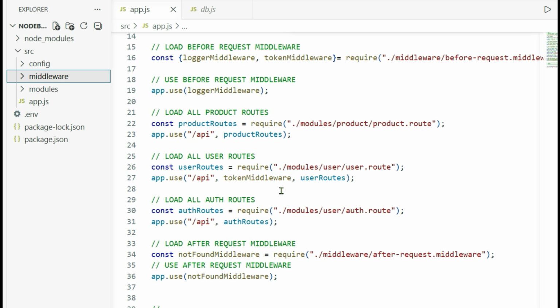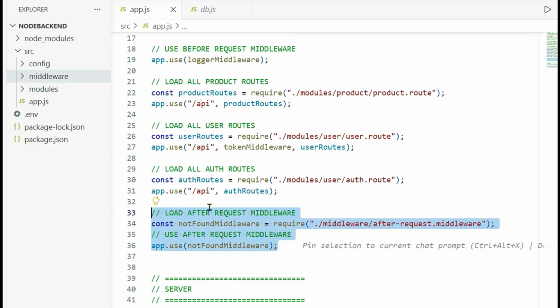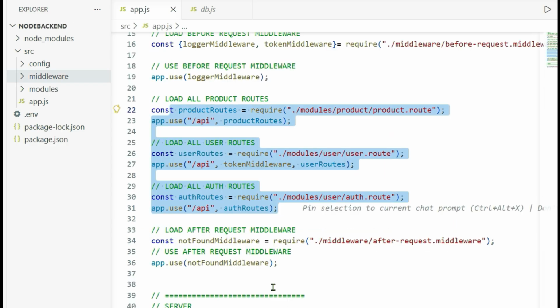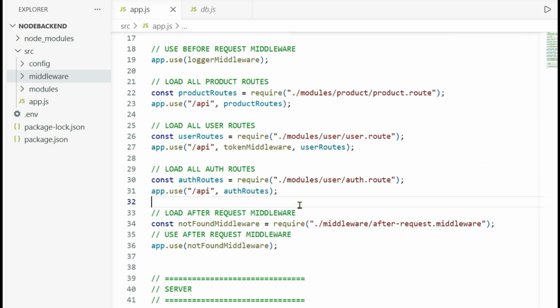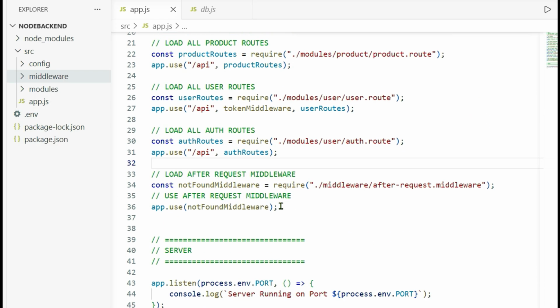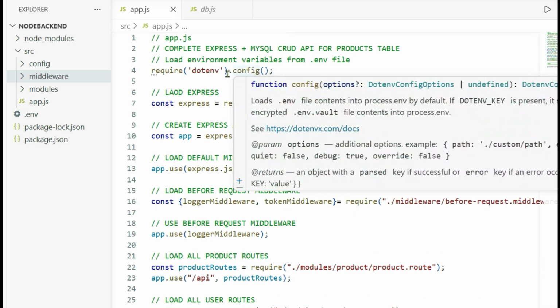After all the routes are injected, we are loading the after-request middleware, because some middleware needs to run after all the routes are done. And at the end of the file, we will listen to the port. I'll explain each of these, but the basic structure of app.js, which is our entry file, will look like